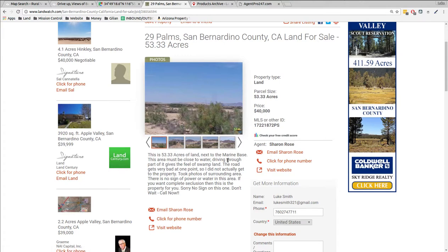They're next to Marine Base. It says this area must be close to water. Driving through part of it gives a feel of swampland. The road gets very bad at one point, so I did not actually get to the property. Took photos of surrounding area. There's no sign of power or water in this area. If you want complete seclusion, then this is the property for you. Sorry, no sign on this one. Don't wait, call now. Okay, so